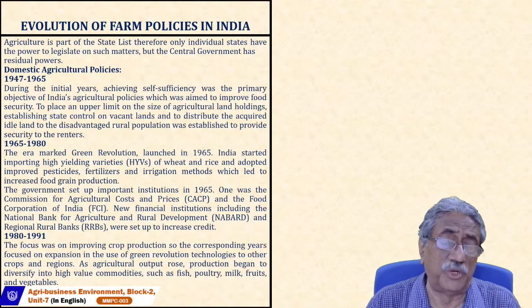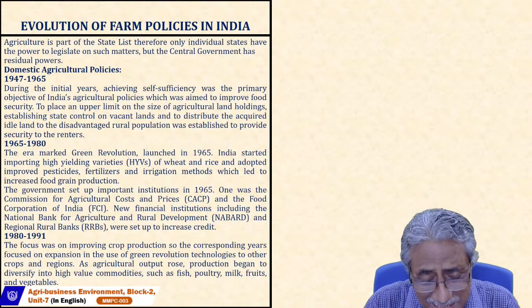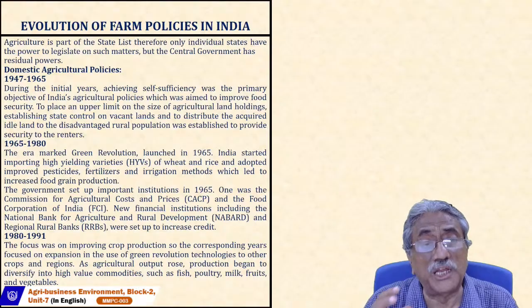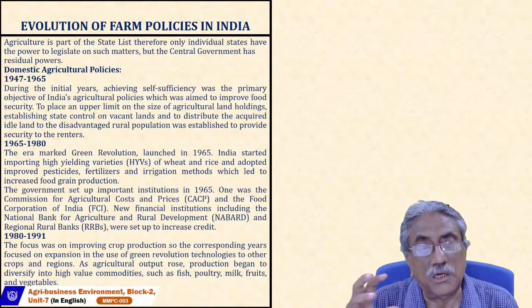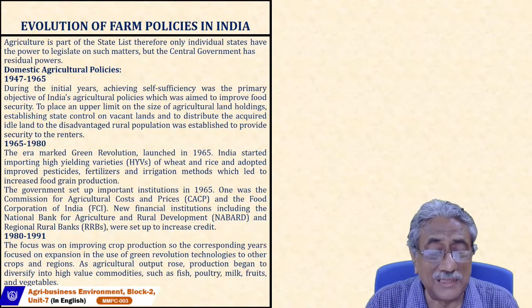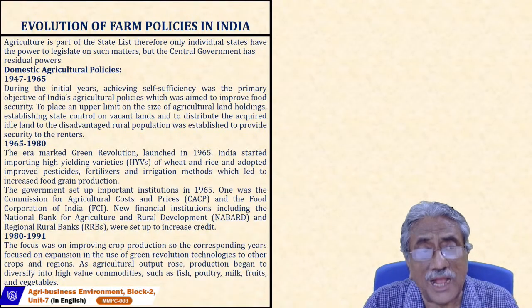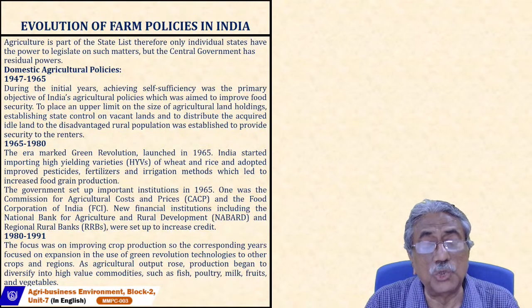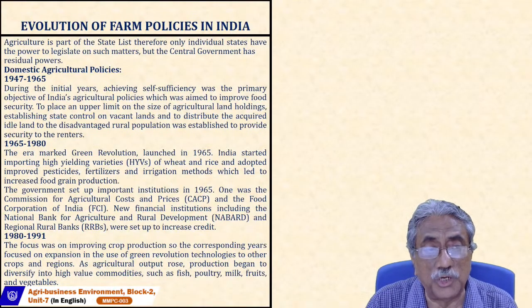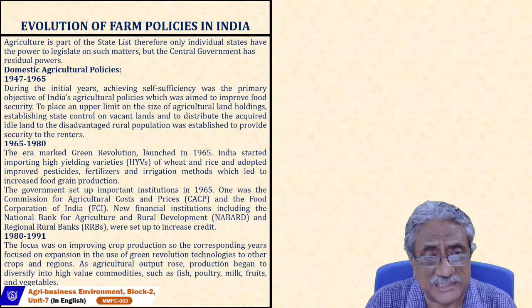I repeat the name Mr. Swaminathan because his contribution to agriculture is huge. So they adapted the seeds to the Indian conditions in the same nature, land, weather, etc. And the type of pest, that is insects and so on, they looked at everything and gave high yield varieties. So there was a huge growth in wheat output, rice output, and then they adopted improved pesticides, fertilizer.